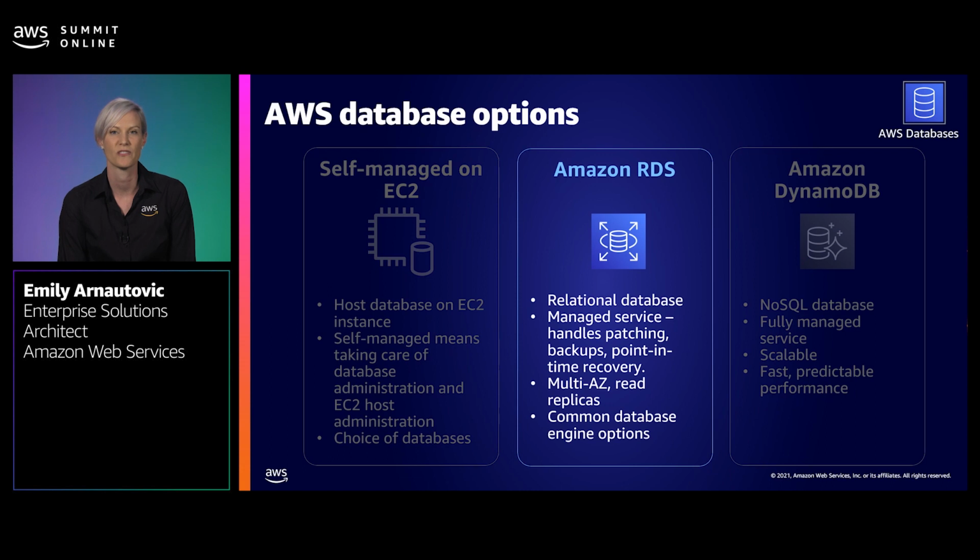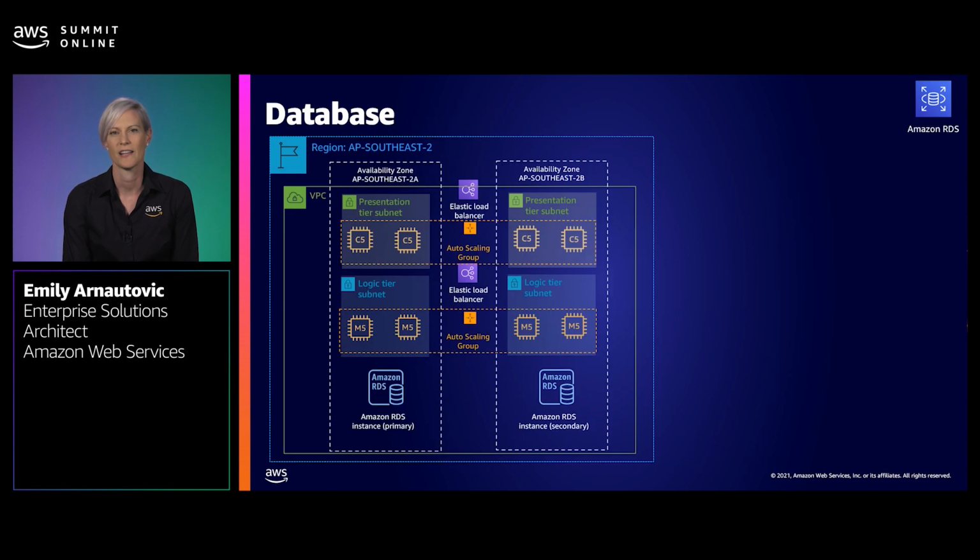One of Nikki's goals was to reduce that heavy lifting and reduce outages, so we're going to choose a managed database service. We'll choose Amazon RDS because Nikki had mentioned to me that her 3-tier app is already using a Postgres instance. Since Amazon RDS is a managed service and not hosted on EC2, we don't need the EC2 instances or the auto-scaling group or the load balancer. We replace all of these with RDS.